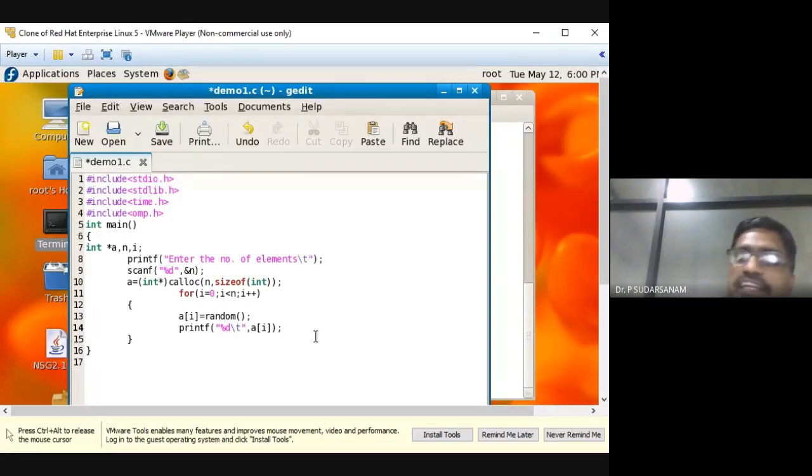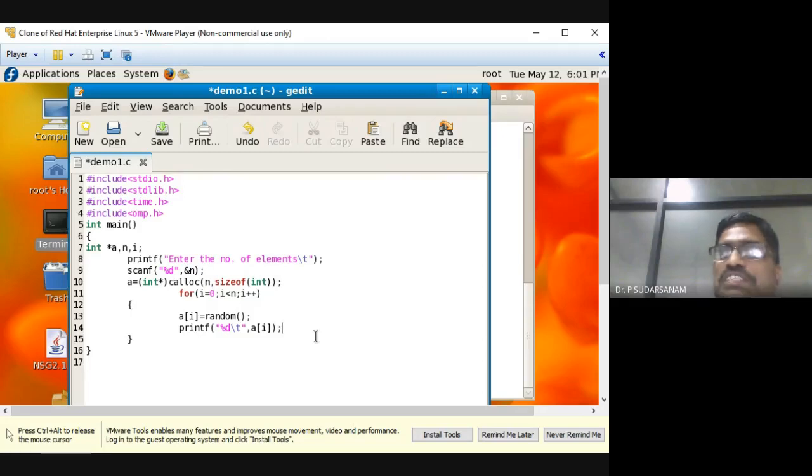So no need to enter the values. Random open bracket close bracket is called the function. The system will generate any number. Sometimes 100, sometimes 5, sometimes 200, sometimes 2000, sometimes 1 lakh, 2 lakh, whatever the numbers may be, the system will be generating. We are not bothered about that. Those numbers I will be storing into the array. So just printf a of i.